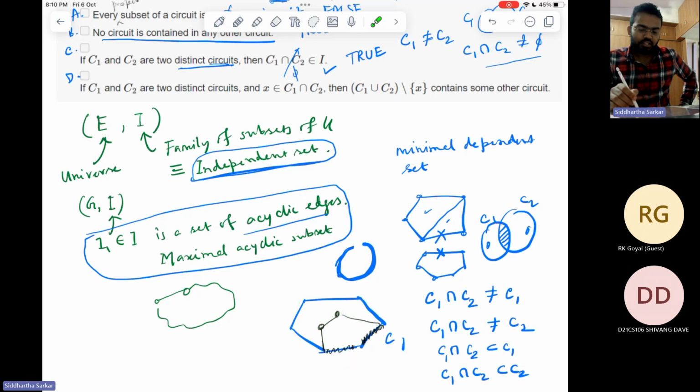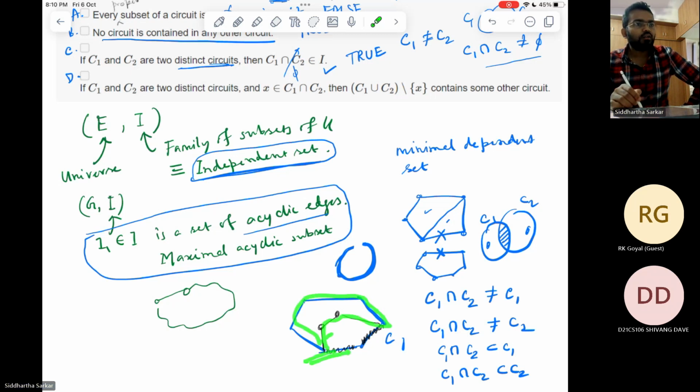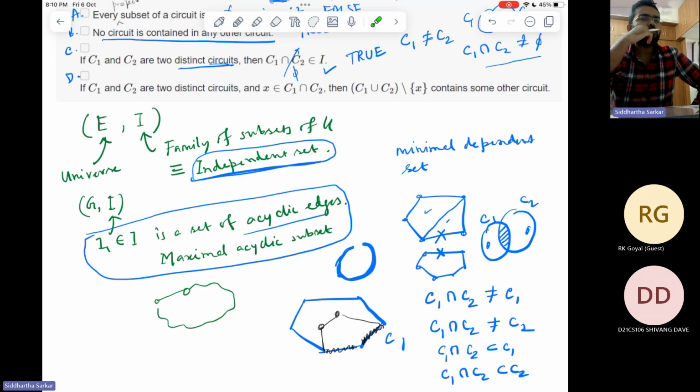Because C1 has a cycle and C2 has a cycle, if you remove one edge, the cyclicity in either C1 or C2 will be broken, not both of them. So cyclicity will still be there, and it contains some other circuit. From this diagram, it is clear. Maybe we can give a more formal proof. Since C1 and C2 are two distinct circuits, if you remove one edge